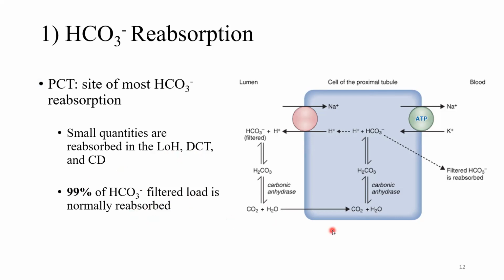Now, what happens? What's going on? This is the PCT. You have carbon dioxide and water freely available. It gets combined in the presence of carbonic anhydrase, which is the enzyme facilitating the forward reaction, H2CO3, carbonic acid. The carbonic acid immediately decomposes into hydrogen and bicarbonate. Okay, this hydrogen, just follow this highlighter now. This hydrogen now